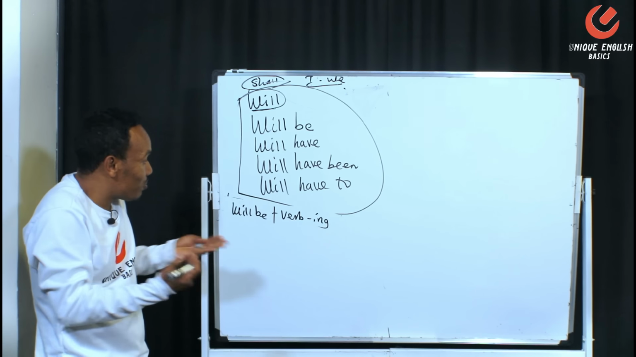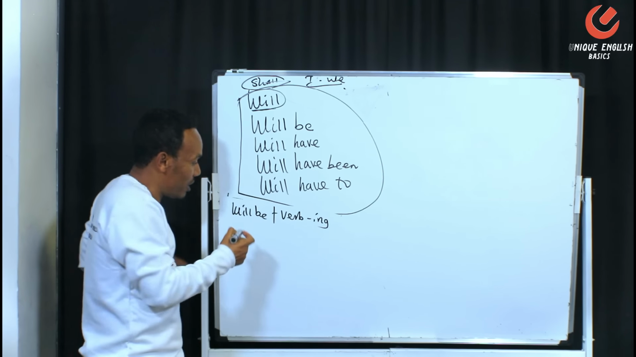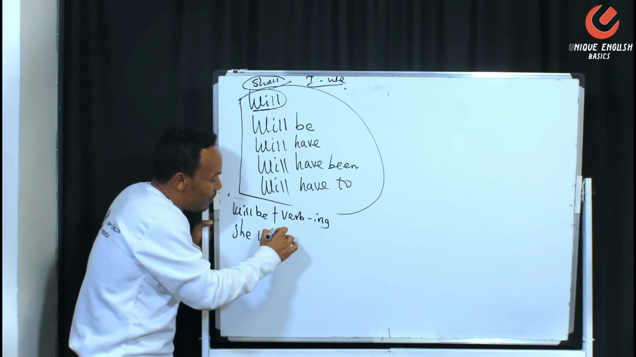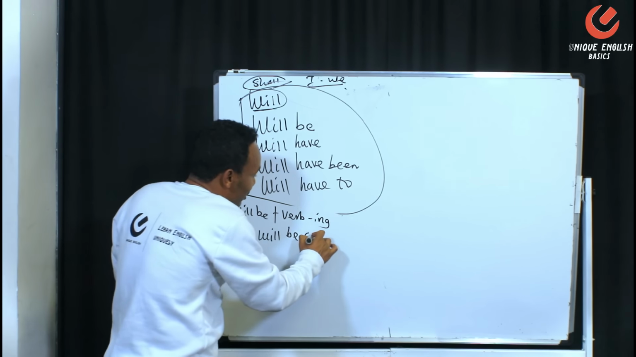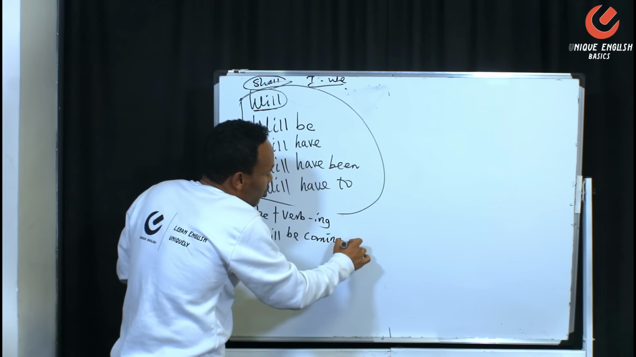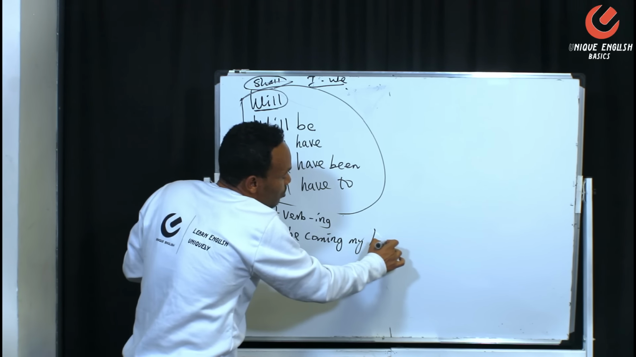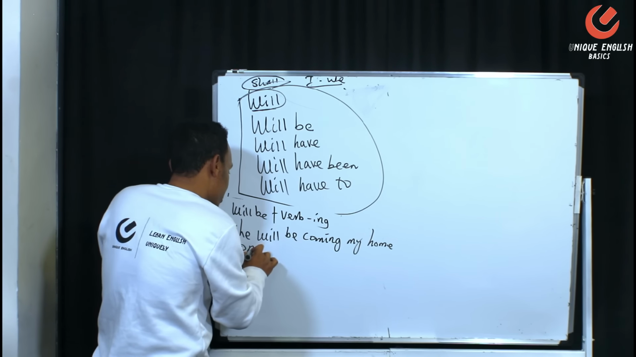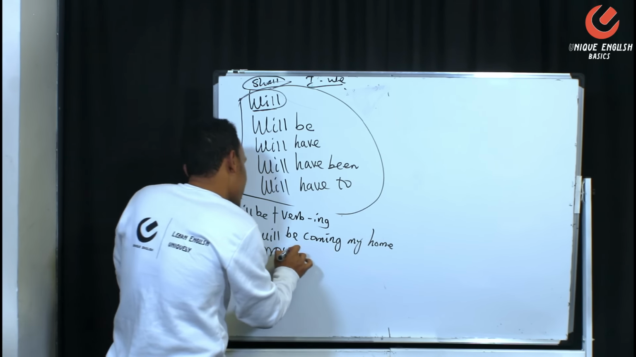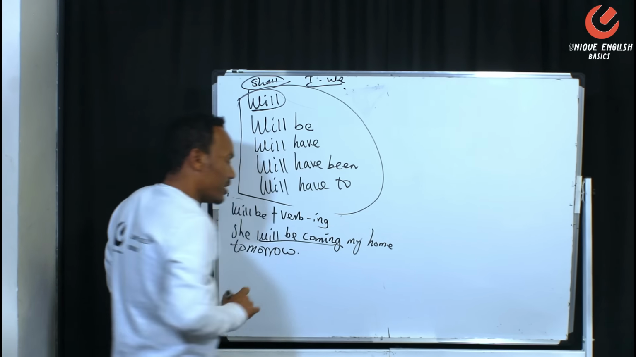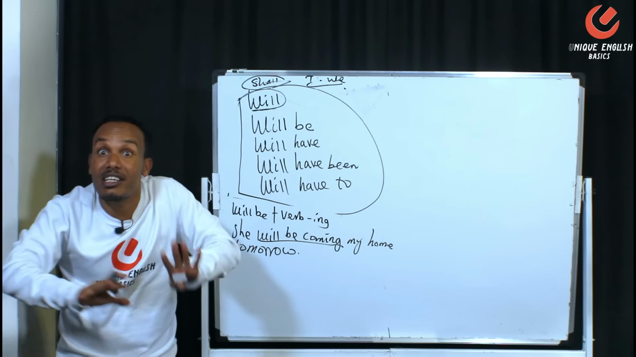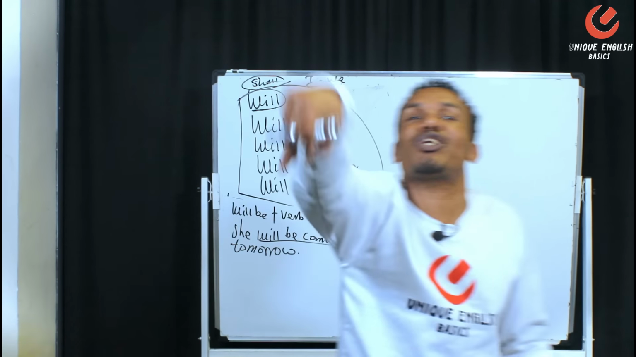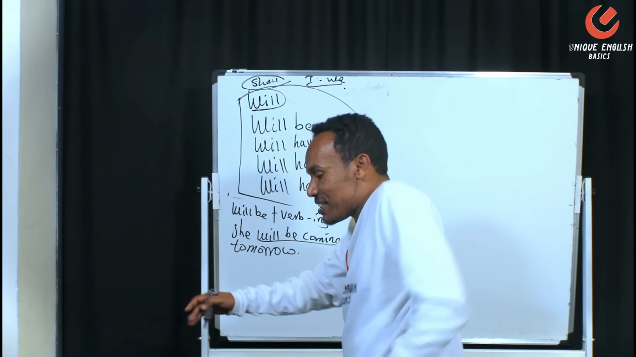ፕሮግሬሲቭ ቴንስ ነው። ፊውቸር ፕሮግሬሲቭ ቴንስ ወይም ፊውቸር ኮንቲኒየስ ነው ማለት ነው። ለምሳሌ ሰብጀክቱ ምንም ይሁን ምን she will be ብለህ አሁን she will be coming በል። She will be coming my home tomorrow, say it again. She will be coming my home tomorrow. ነገ የኔ ቤት እየመጣች ነው። ነገ ወደ እኔ ቤት ምን እያለች ነው? እየመጣች ነው። ትመጣለችም አይደለም ደርሳለችም ነገ በዚህ ሰዓት ማለት አይደለም። ነገ በዚህ ሰዓት ምንድነሽ ማለት